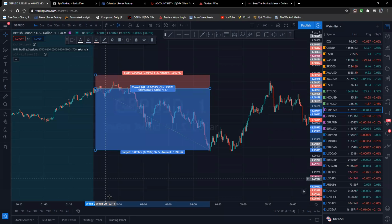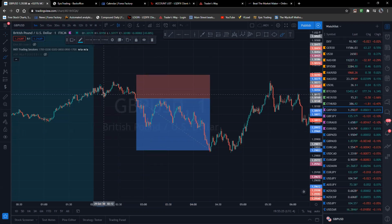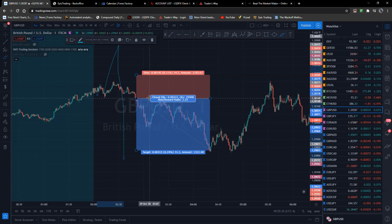Me personally, I'll wait and see until I get that confirmation, because sometimes you're going to see a bullish candle, and then another bearish, another bearish, another bearish, and then another bullish, and then it just goes up. So let me show you. You might see it go up and then down, and then you might have 3 or 4 greens and it continues to go up, and then it goes down and just continues to go down. So if you would have gotten on,